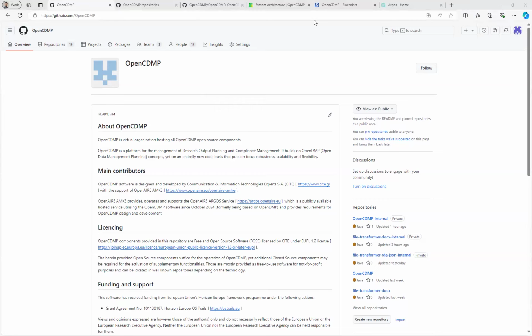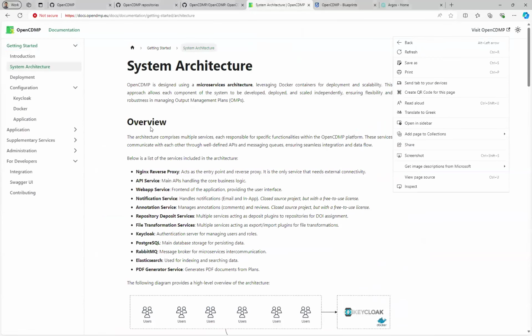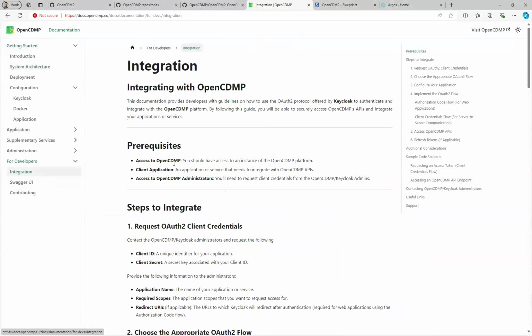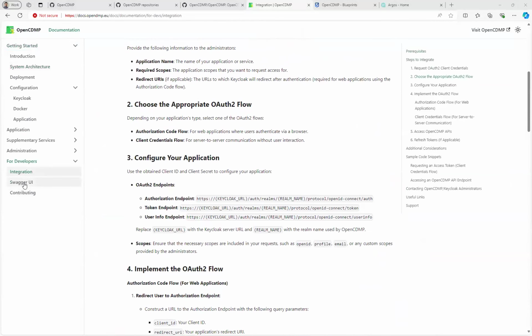Let me also add that soon, as I said before, we will also publish the docs, and I think some of the questions you might have will be answered by the information provided there. Probably we will send an announcement when everything is ready. Also in the docs, something that I forgot to mention before is that we have documentation for developers, how you can integrate with the tool, the authentication flow, and the APIs that we have.